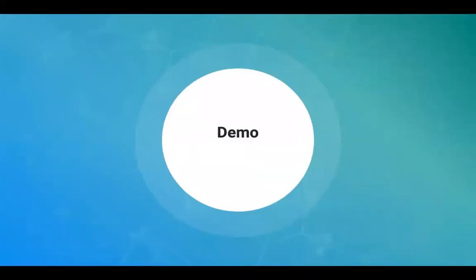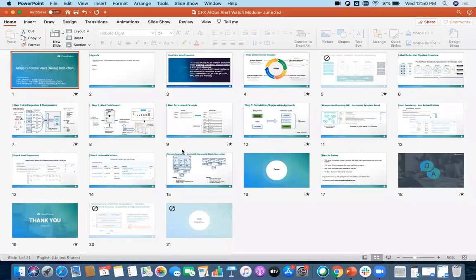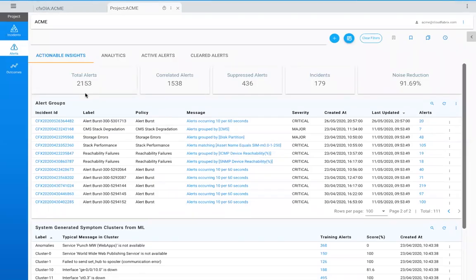So with that, we will go into a demo where we will cover what we have just seen. Here is a quick window. Again, as we talked about, this is the outcome we are looking at. You have a bunch of alerts coming in here, in this case 2,000 plus alerts, but those are all drilled down into 179 incidents. So those alerts are grouped. Some are suppressed and some are correlated. You can see which alerts are matching the correlation policy, and then the incidents.